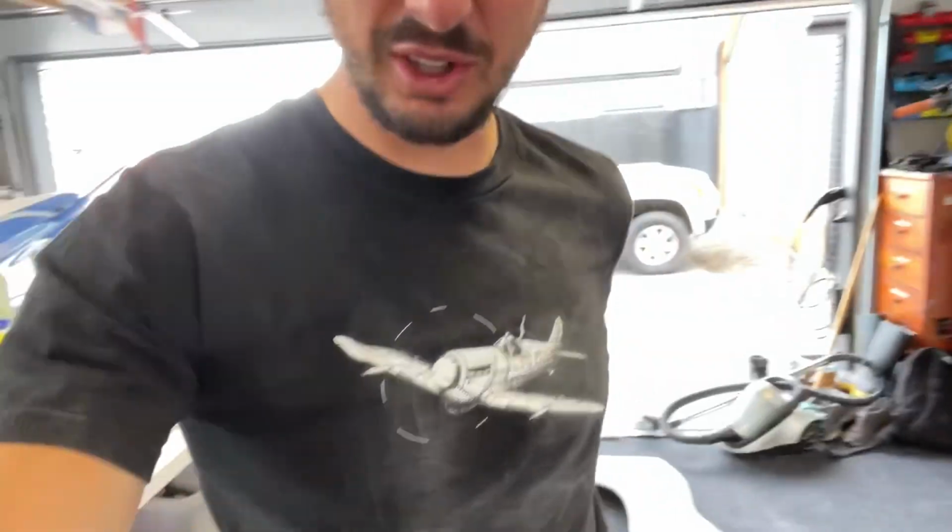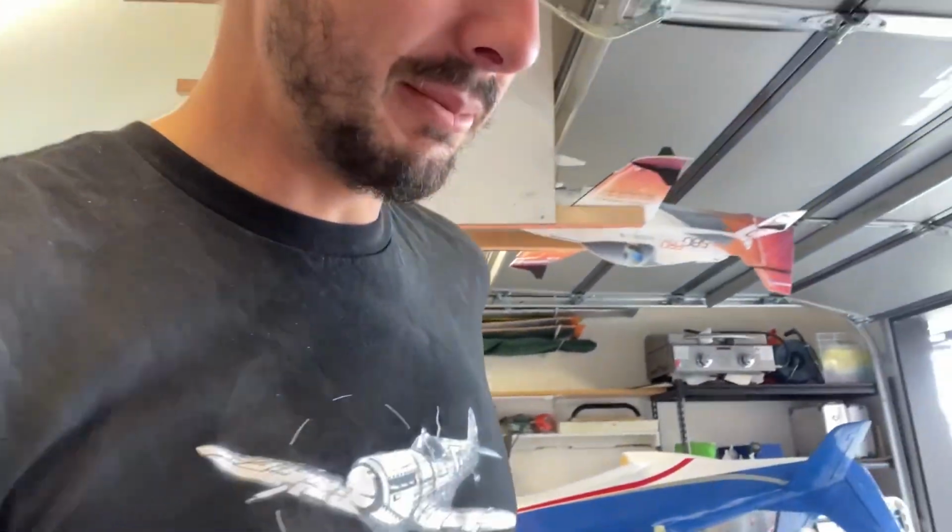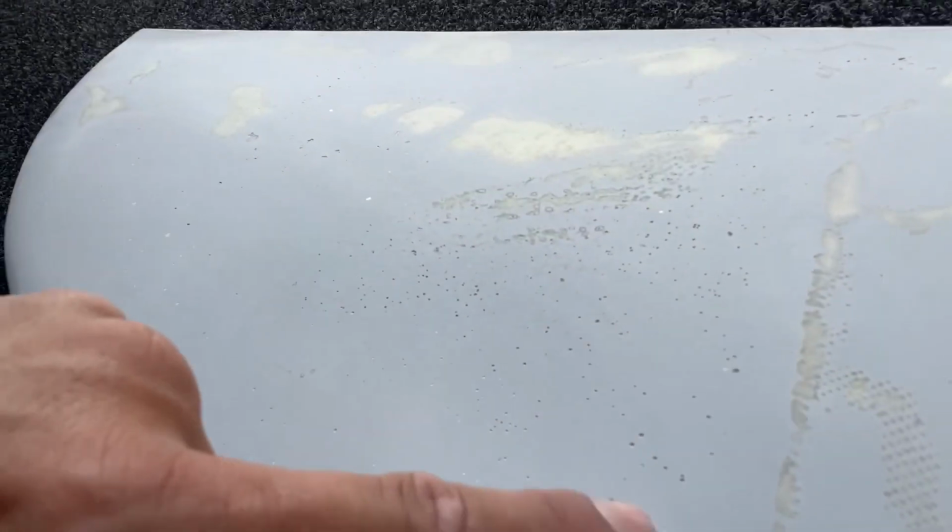Thought I'd do a pond racer video part 2. I'm still filling and still sanding, as you can see. Well sanded here. I'm currently putting some filler in because I have a lot of pinholes and things from the